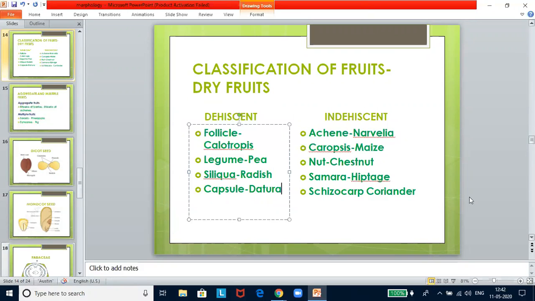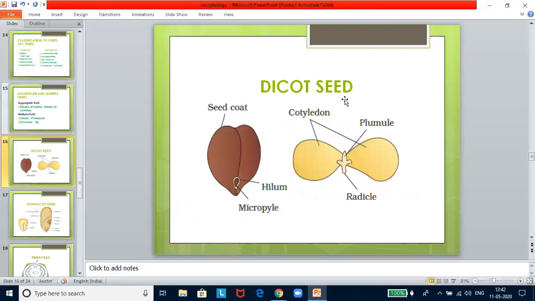Okay. Now, shall I get into the next thing? This is a dicot seed. This is very, very important. They will ask you to identify the parts. So here the important part is the seed coat. This is the hilum. This is the micropyle. Micropyle is a pore-like structure. This is a cotyledon, plumule, radicle. So very easy for a dicot seed. The outer layer is called the testa and the inner is called the tegmen. Now you find this hilum. Hilum is a scar on the seed coat through which developing seeds were attached to the fruit. Micropyle is a small pore above the hilum.